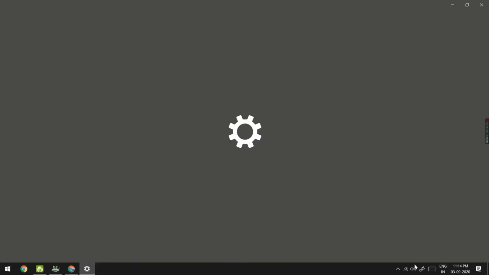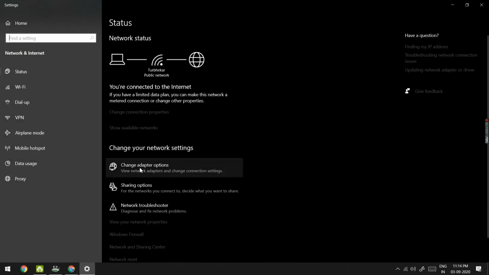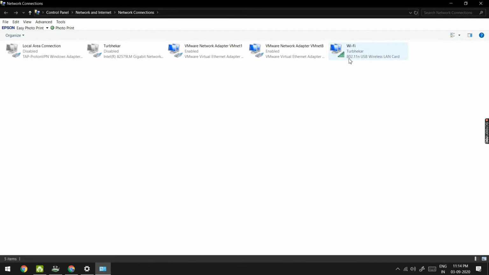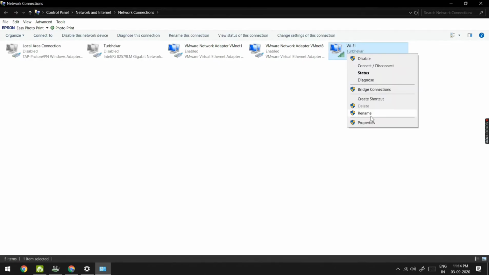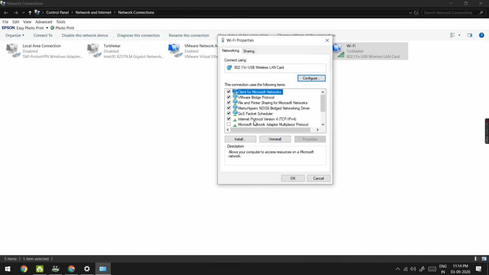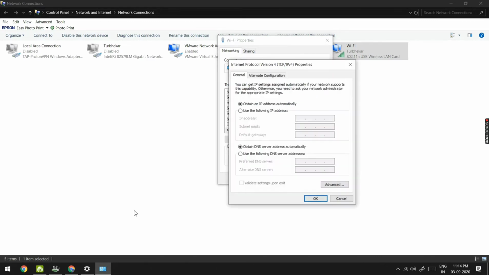We'll go to network settings and configuration, in which we have the adapters. I am connected to my Wi-Fi, as you can see, and we will click on properties, and in properties we'll go to IPv4, because we are dealing with IPv4 addresses.